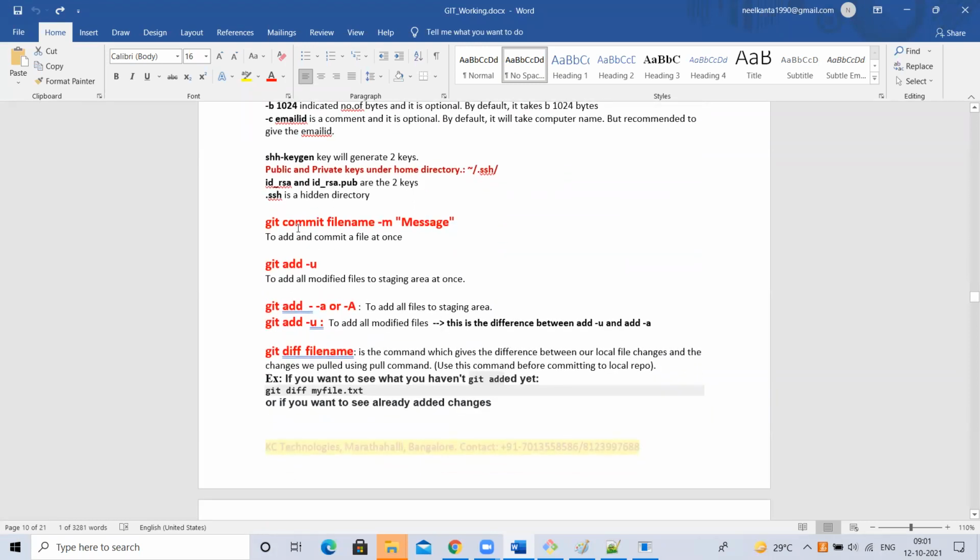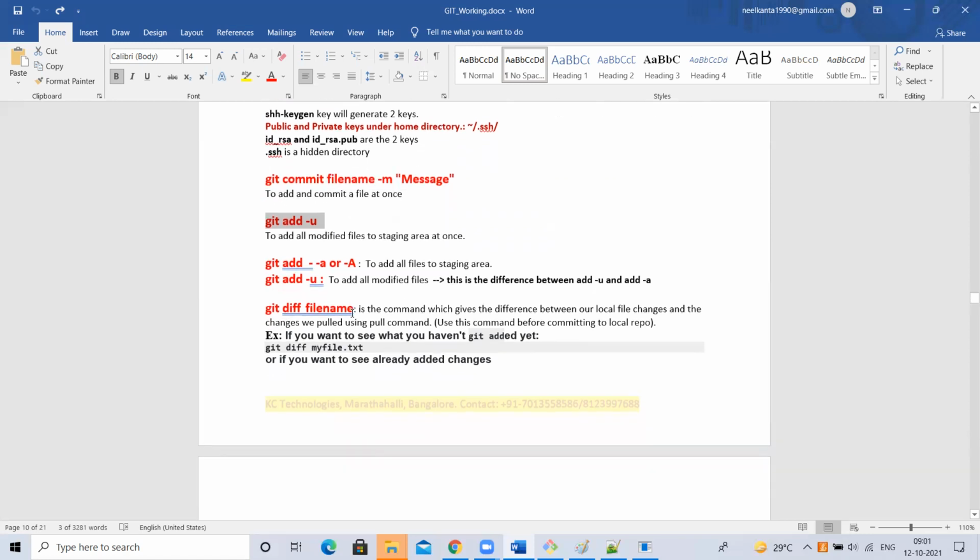Next, you know about commit, right? Just now we used git commit file name -m message. Okay, to add the files, right? Git add file name to add into the staging area. Git add dot to add all the files in the current location into the staging area. Git add -u to add only the modified files. Means if you have modified files and new files, and I want to add only modified files into the staging area, -u. I want to add all, right? --all or -A or dot. You can use anything. It is up to you.